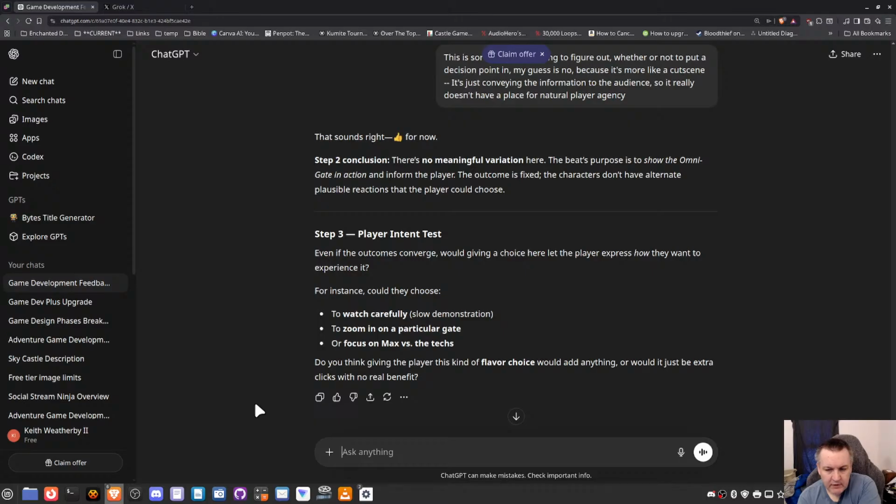Giving a choice here, let the player express how they want to experience it. For example, player intent test. Zoom in to focus on Max versus the text. See, it was easier earlier.